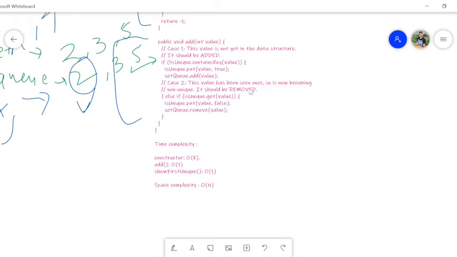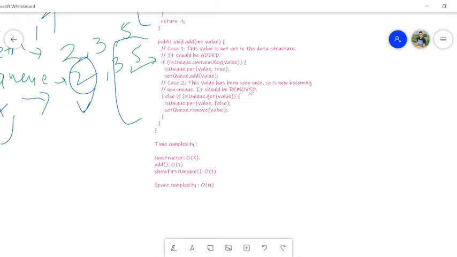When we add the next element, we mark it as false, and we remove it from the queue itself. We expose one API called remove, and we can directly remove. So for this example, 2, 3, 5, 5, when you add 5, we will mark it false in the hash map. This is not a unique element, and we will remove the 5 from the queue, which is basically a set for us. Till now, everything is okay.